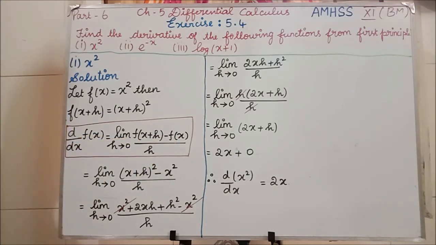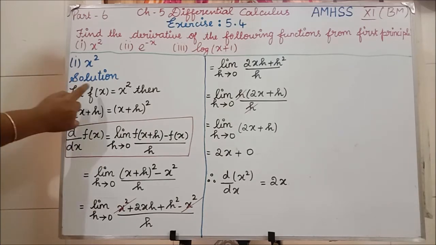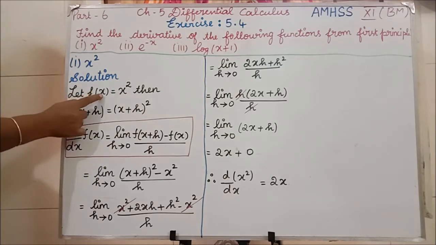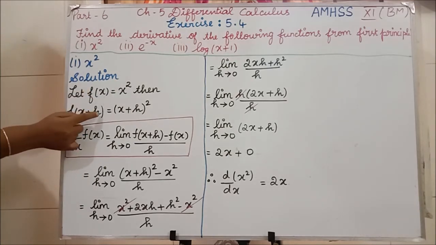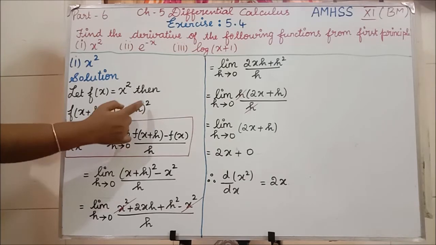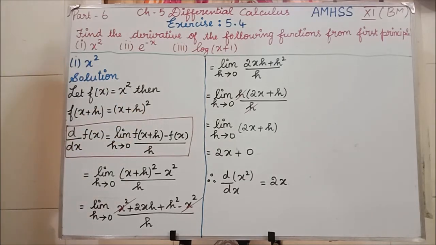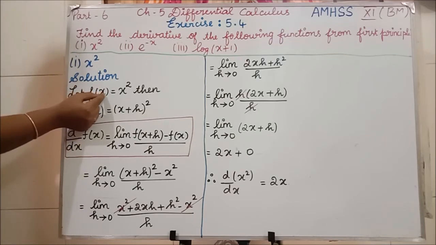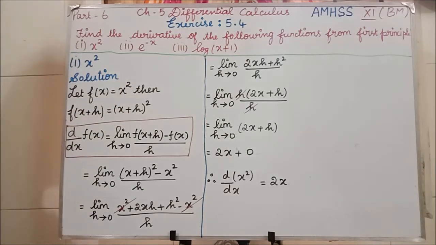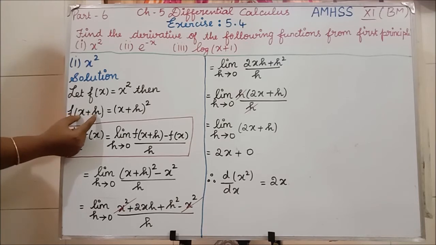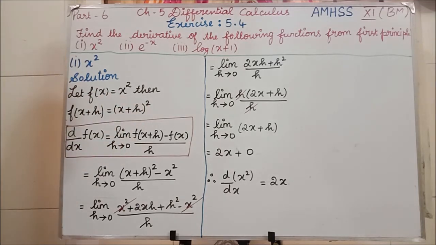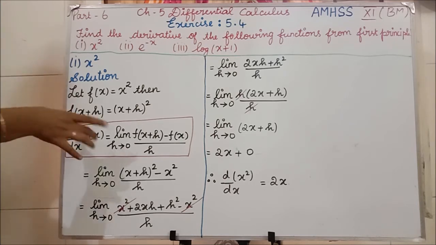Next value what we have to get? f of x plus h value you need. So you write. Here f of x means x the whole square. In the bracket, if f of x plus h, means here also x plus h the whole square you have to write. Here what I am saying, inside the bracket we are having only x. So x whole square. Clear? So inside the bracket what we are having? x plus h. So x plus h the whole square. Clear all of you?